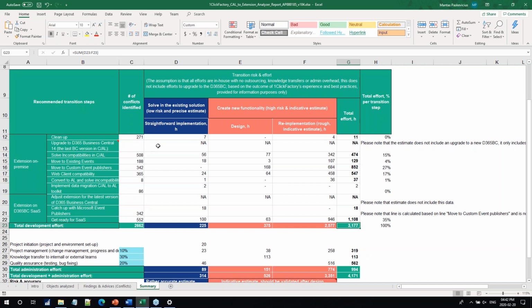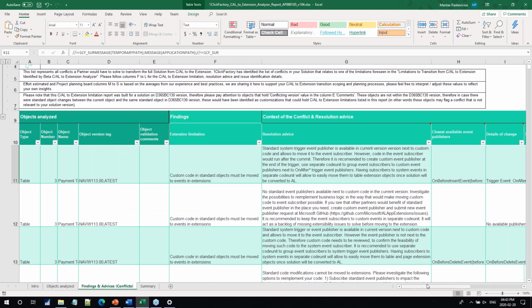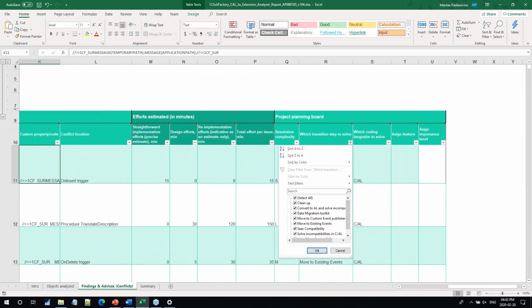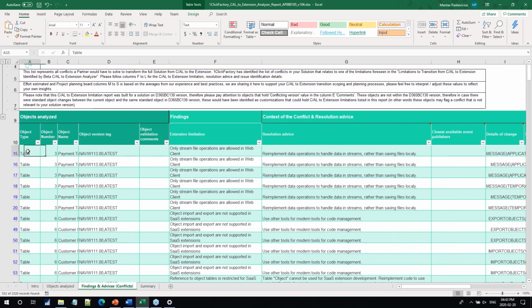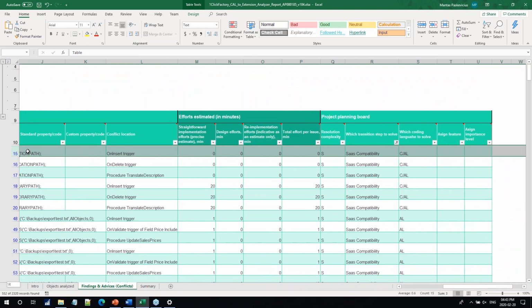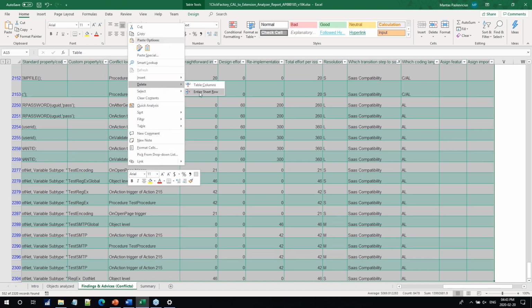But the cool thing about this specific page part is that every field is calculated dynamically according to the findings and advices that are on the Excel. That means that if I jump back to the findings and advices and then filter on the SaaS compatibility, I will have all the issues that are concerned with the SaaS compatibility. And if I would delete every one of these issues and then click delete,